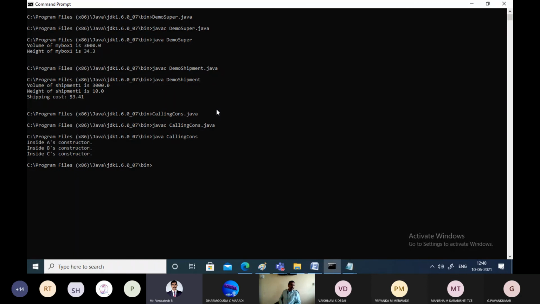Right, as you can see the output, even though you are calling constructor of C, this in turn will call B, then that in turn will call A. That means ultimately from the supermost superclass it will come to the subclass. That is how the constructors hierarchy will work. I think we have studied this in case of C++ also, and exactly reverse of this is the case for destructors. If you want to destroy B, then C should be destroyed first. If you want to destroy A, then B should be destroyed first. That means destructors will work in the reverse order. Constructors will work from top to bottom.